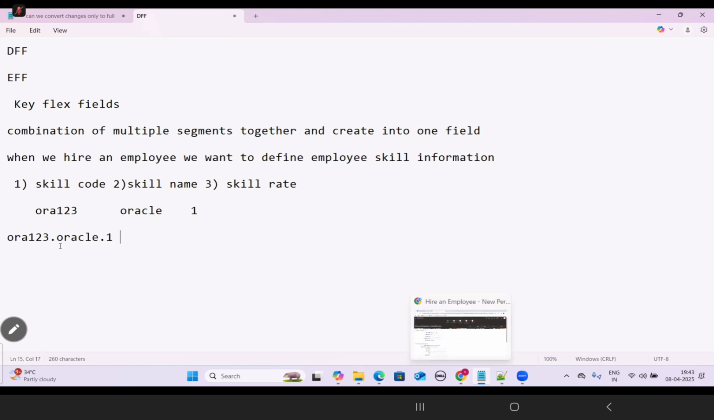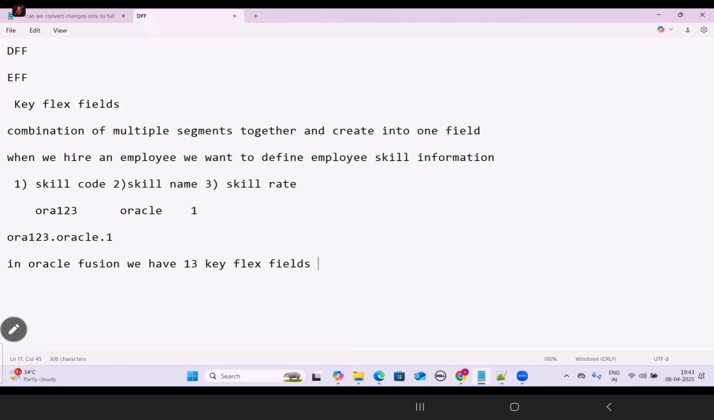Okay. So in Oracle Fusion we have 13 key flex fields across all the modules. So in Oracle Fusion we have 13 key flex fields across all the modules. So now we need to consider the